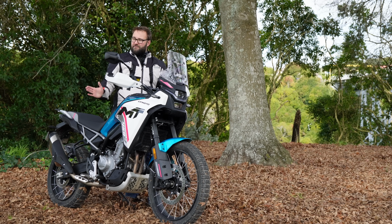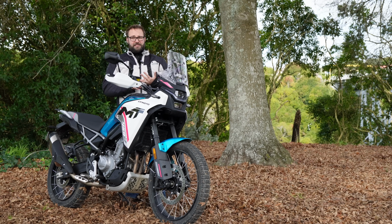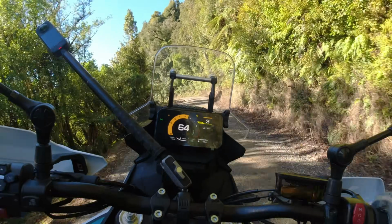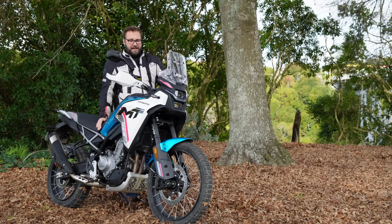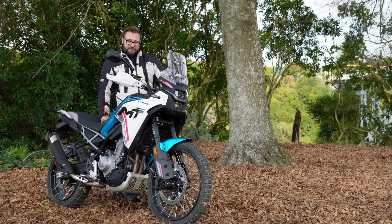So I've ridden this up around Mount Pirongia, I've ridden it on the road, I've ridden it in town, and I've ridden it in the dirt somewhat. And everywhere I've taken it, between the engine note, the beautiful power delivery, and just the beautiful ergonomics and how this bike feels on the road, it's just left a grin on my face. In terms of grins per dollar, it's nuts. What else can I say? This thing, it's really